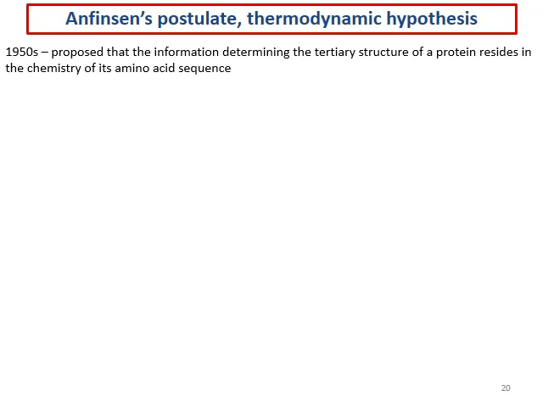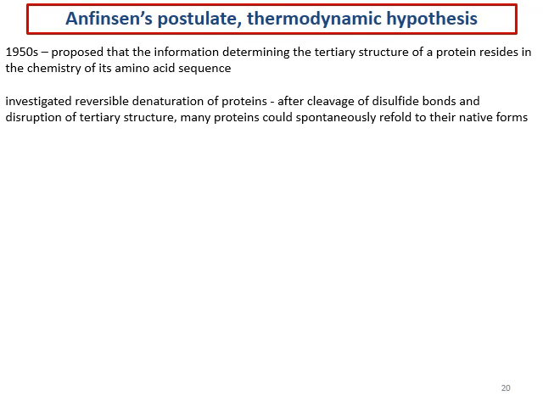We kind of take that for granted now, but that was initially proposed back in the 1950s. And here, Anfinsen was studying the reversible denaturation of proteins following cleavage of disulfide bonds and disruption of tertiary structure. And what he found is that there are many proteins, but not all, but many that could spontaneously refold to